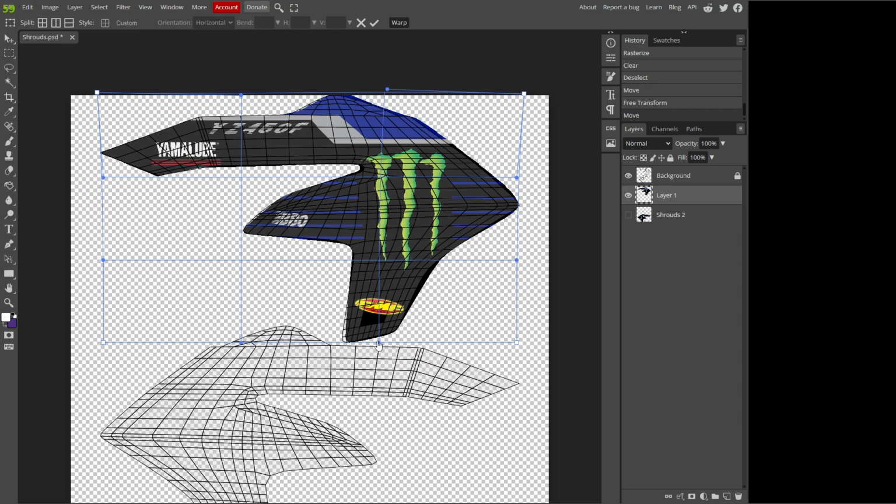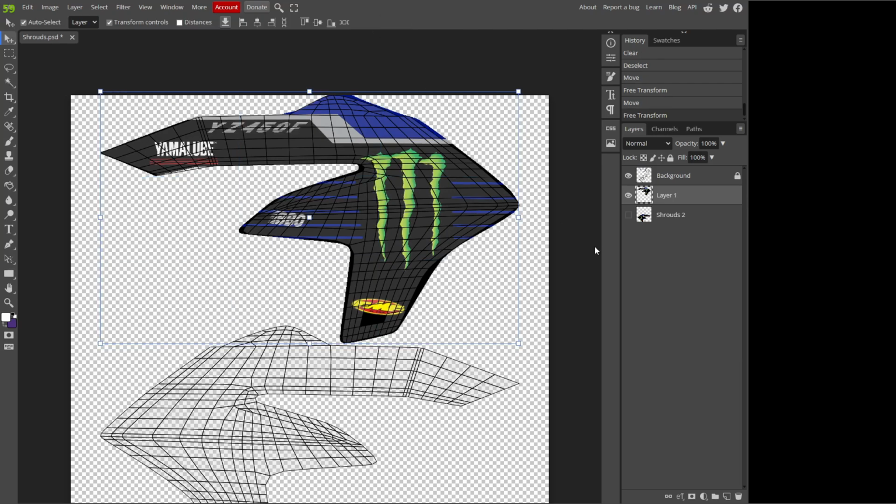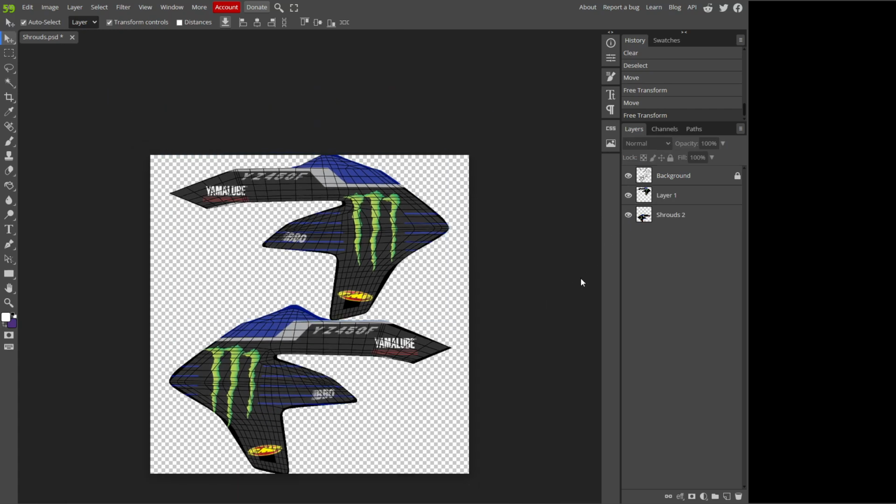Start dragging it around and figuring out exactly how it needs to fit. This, and it's probably about good. I'll bring this up a little bit, or that, and it's pretty good. Now we have both layers here,